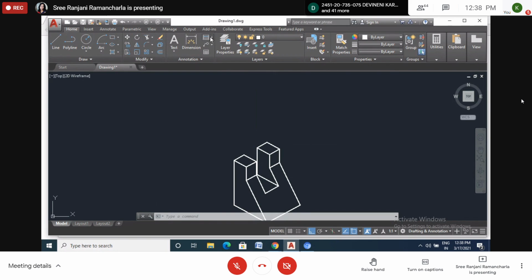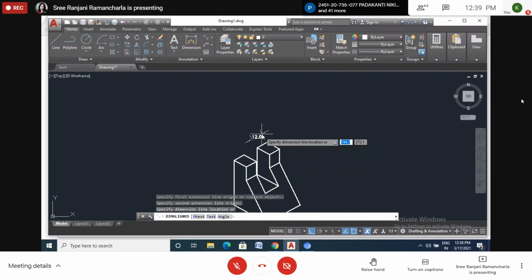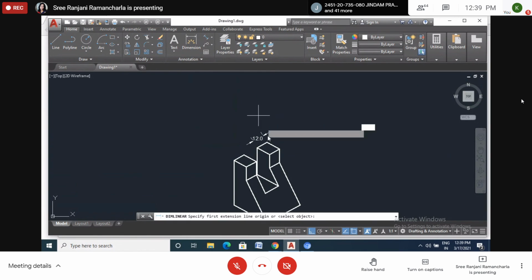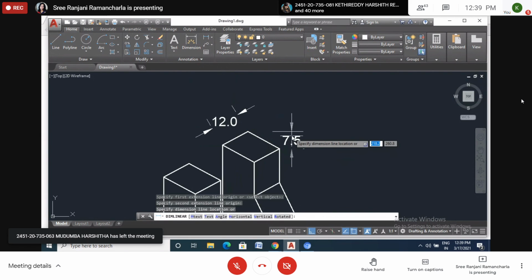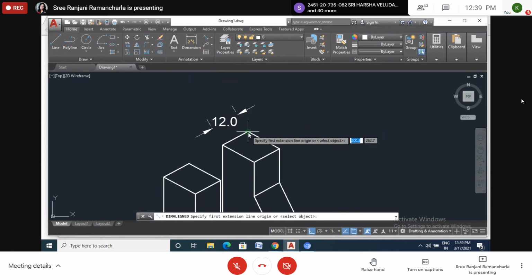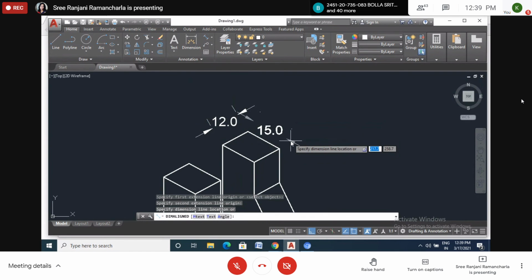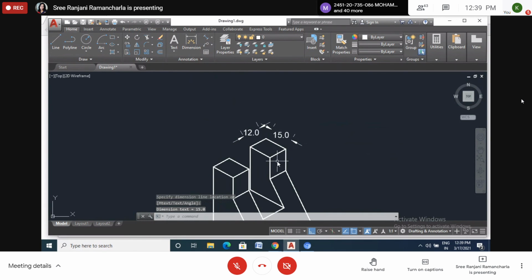I'll take the dimensions. Okay, 12 means I have taken 15. This is also 15.